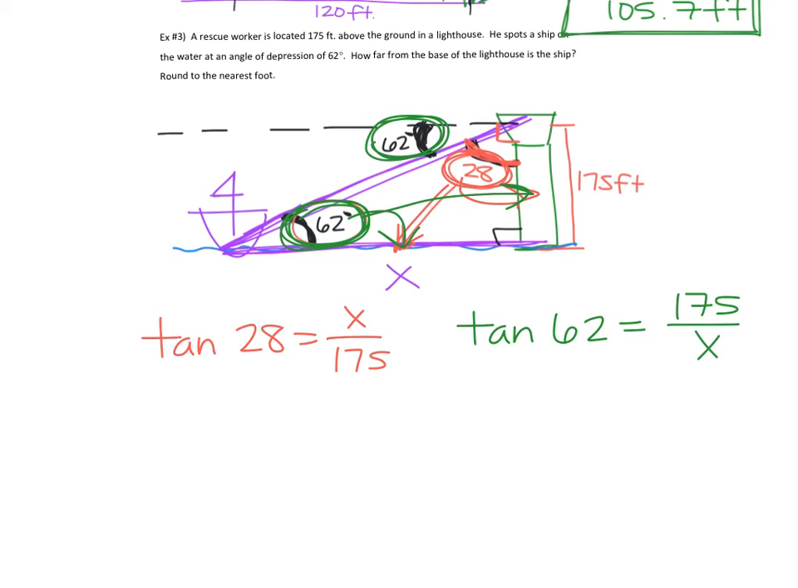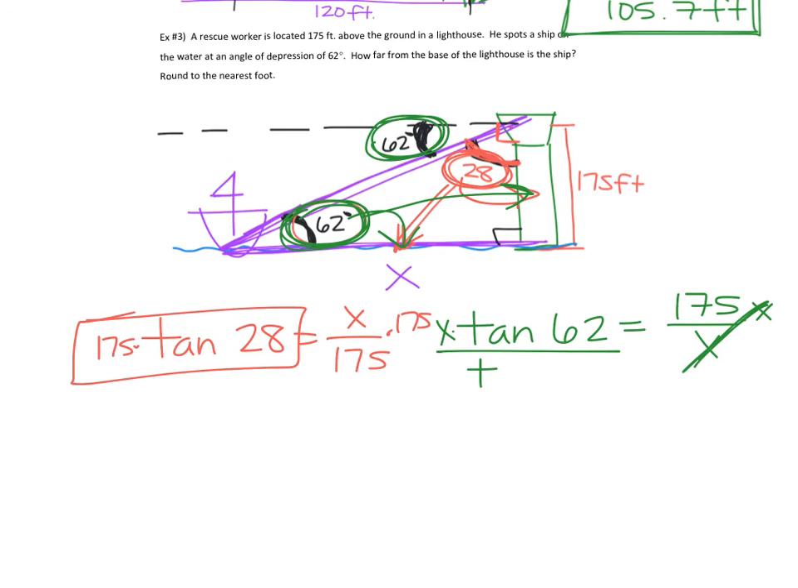Just out of curiosity, how many prefer the first one, the red? And how many prefer the second? Okay, so you're pretty split. So if we do the red for now, we would multiply by 175. Plug that into your calculator. 175 tan 28. Okay. If you do the green, you are going to multiply by x and multiply by x. So this goes away. And then divide by tan 62 and divide by tan 62. So you're plugging in 175 divided by tan 62. Either way, you should be getting